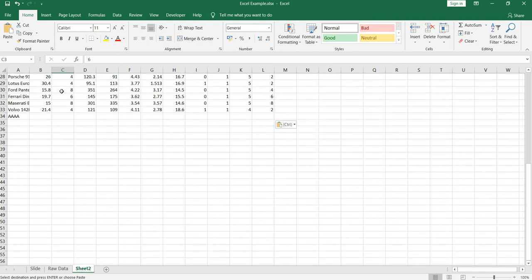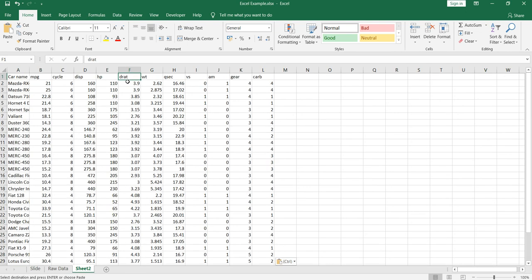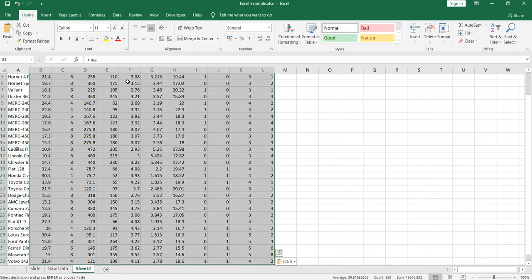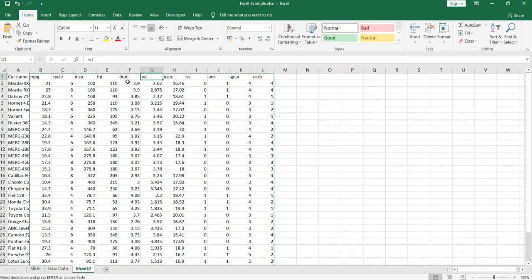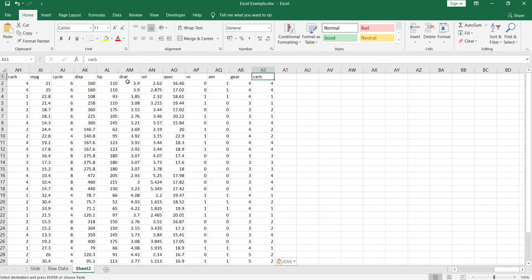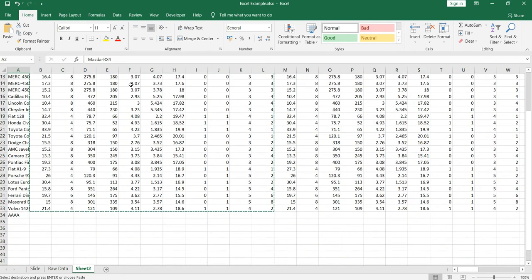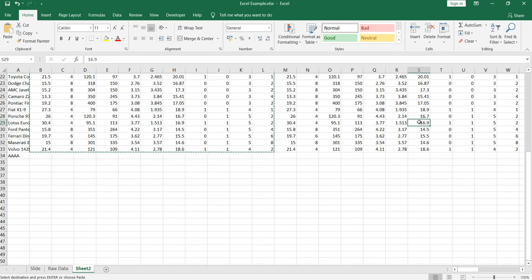I will be able to see the column nomenclature, which is A, B, C, D, E. Now when you have huge data, you won't be able to remember which column header is what. So for example, if I copy this entire data and paste it in the next cells or range, what will happen is that now I won't be able to find out what this column S is, right? Or you won't be able to recognize what exactly this column's value is showing.